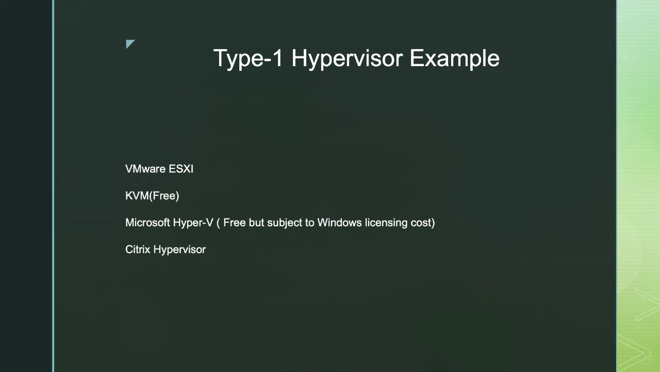Now if you look at some of the type 1 examples, type 1 hypervisor, VMware ESXi, it's paid software. Its license varies between 5,000 to almost 15,000. Some of them are like 7,000. It depends upon how many CPU cores you are using, whether you are using VMware ESXi along with vSphere, and there are a couple of other bundles. So it depends upon the bundles, but on average 5,000 to 7,000 it will cost you for a license